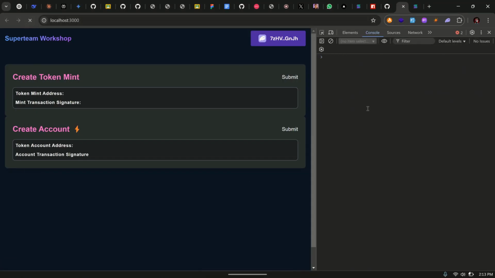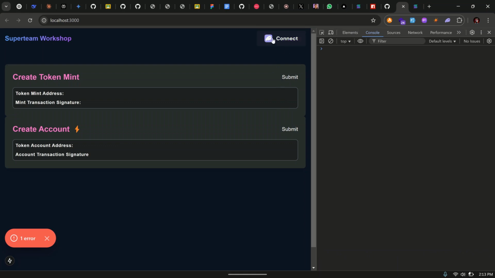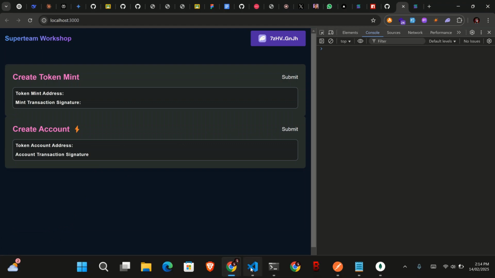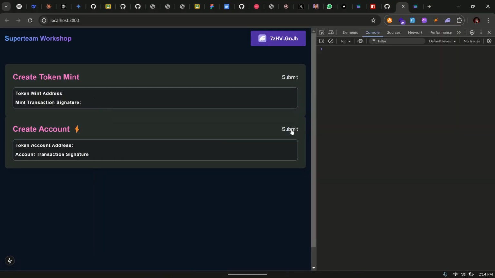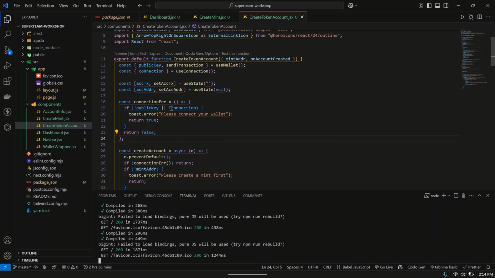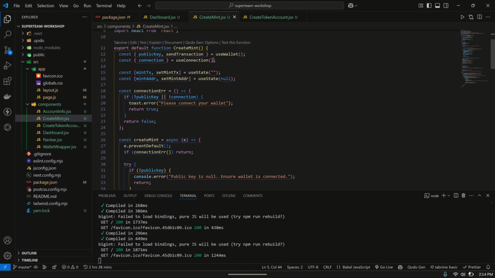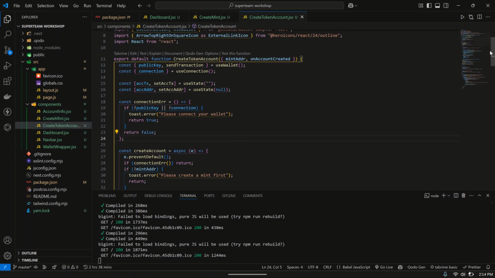If you restart this, the wallet return false. If no public key,